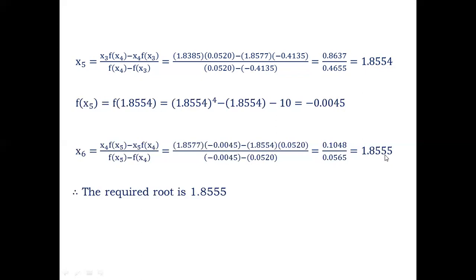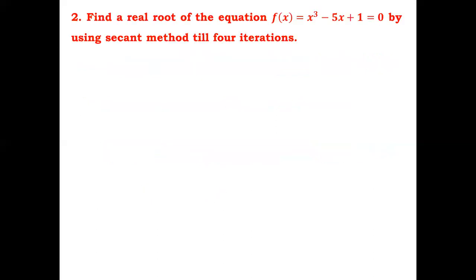So the ratio simplification gives 1.8555. Now we can compare x5 and x6. They're almost similar. Therefore, x5 is equal to x6. Therefore, the required root is 1.8555 is the answer. The next example: find a real root of the equation f of x equals x cube